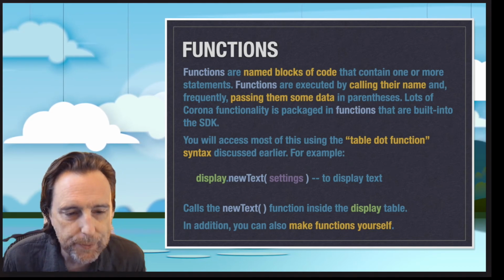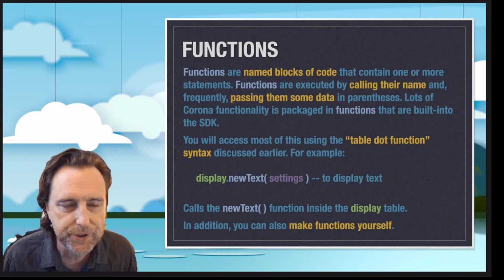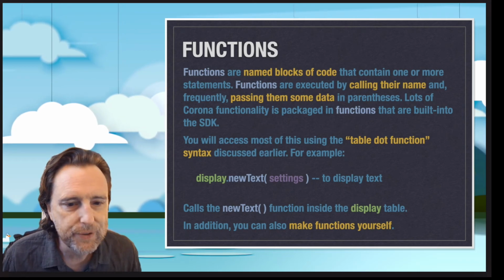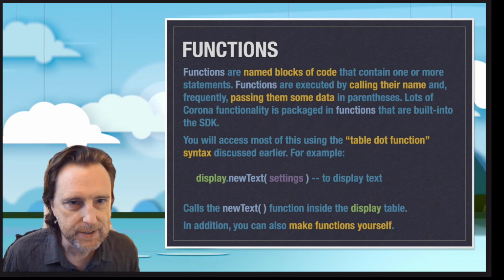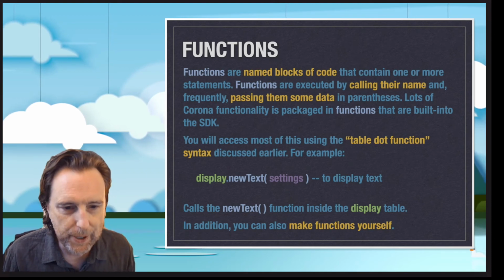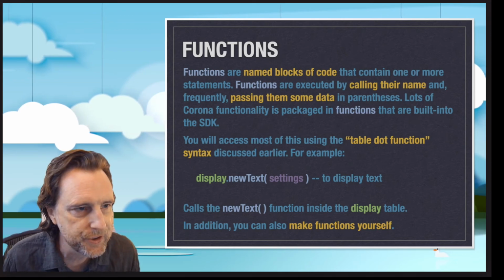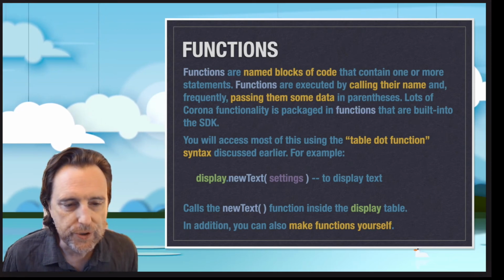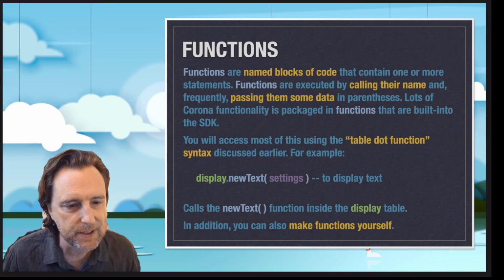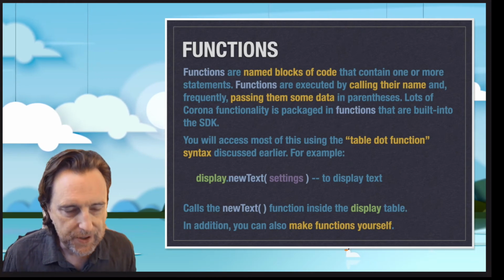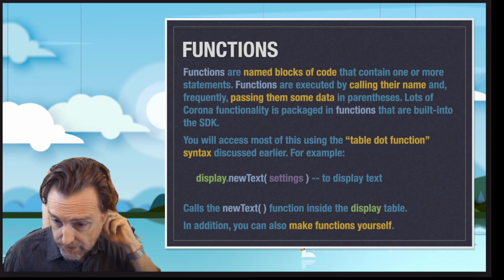As an example, we will make pretty heavy use of a table that's built into Solar 2D called display. Inside of display, there are a variety of functions that we can call to put stuff on the device's display. You might have already pieced that together from the name. If we want to put text on the screen of our device, we'll use the newText function built into the display table. You invoke it by saying display.newText, and then sending some settings for the text inside the parentheses. We'll get to the details of doing this later,